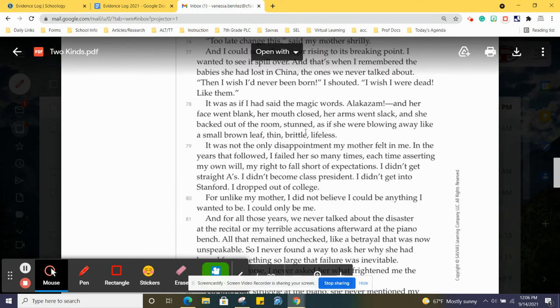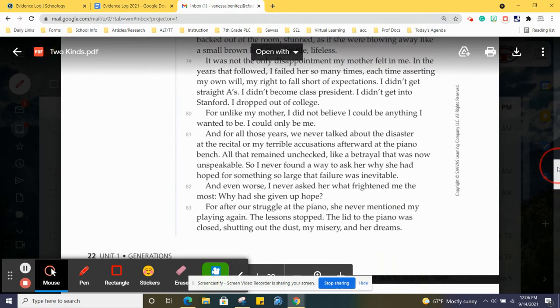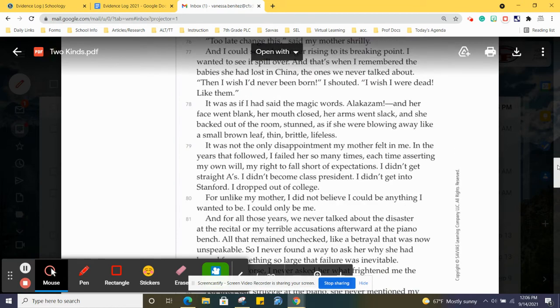Her mom was disappointed and she's expecting her mom to yell at her. She never did. It ends up into this big blowout of a fight where she wishes she never would have been born. She wishes she were dead. And then she even brings up the twins that her mother lost. And it was just like a big blow to her mom that she said all of this. And her mother was so disappointed. She just kind of like